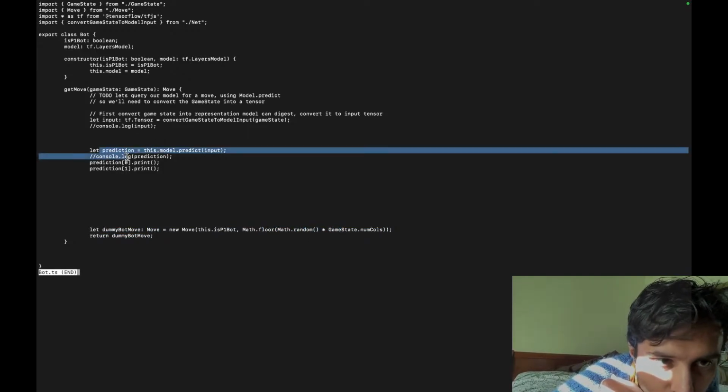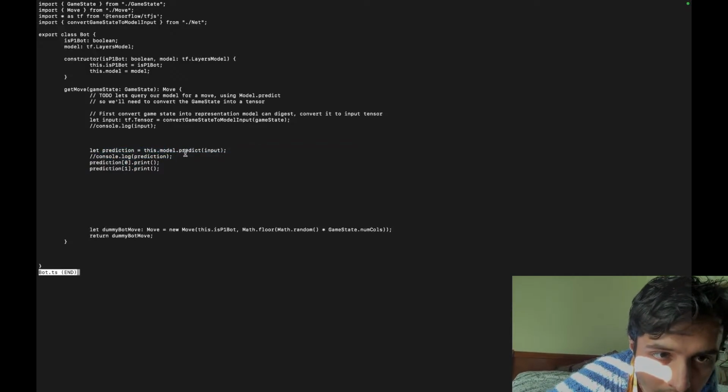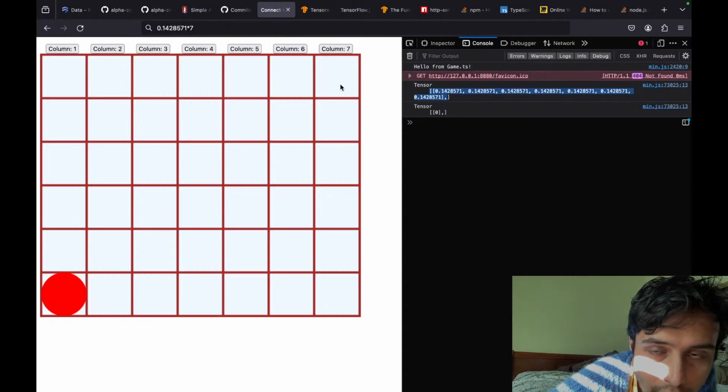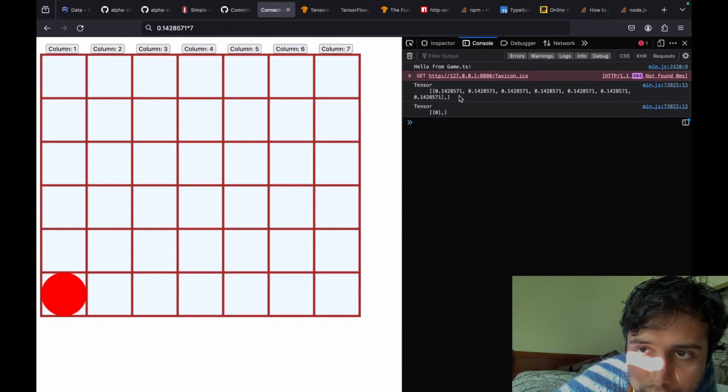But what I want to do now is take this prediction, which again is a distribution over all the columns, and I can take the argmax, or I can randomly sample this. I can randomly select a column based on these weights, or I can choose the one with the highest probability, or sample randomly. I think in training you randomly sample, and then in practice you just take the argmax of it. Problem is these are all equal, so I can just randomly sample based on these weights.